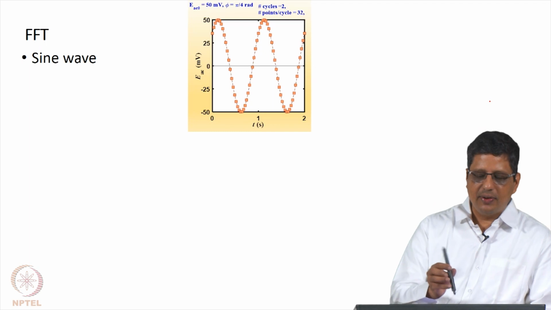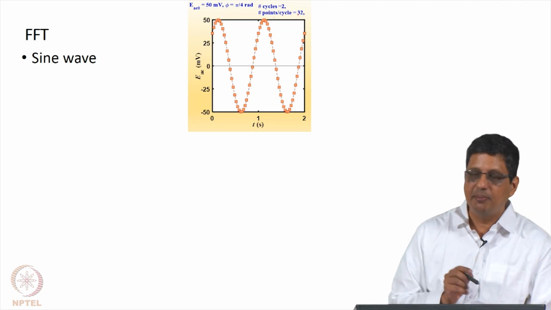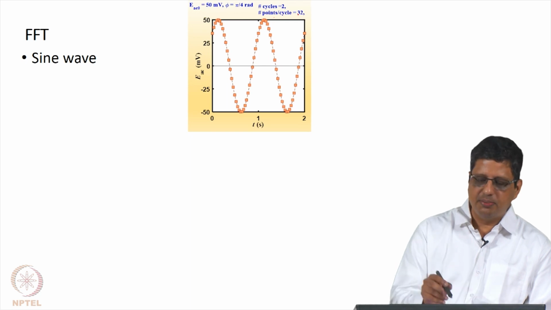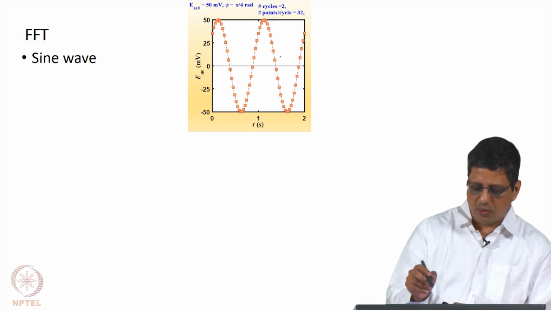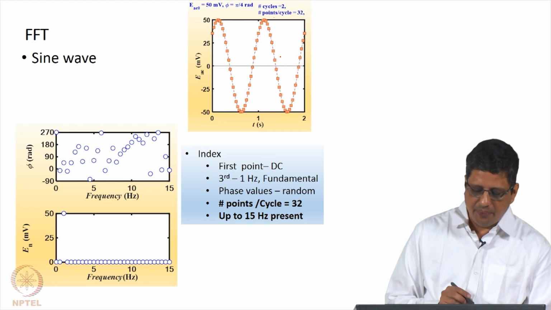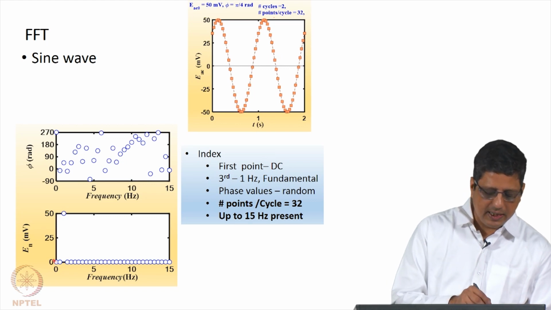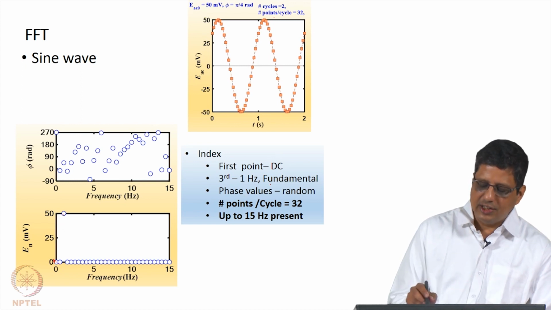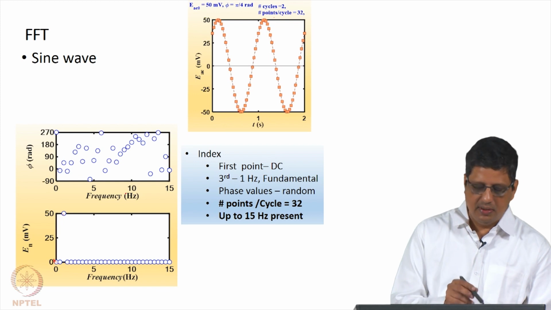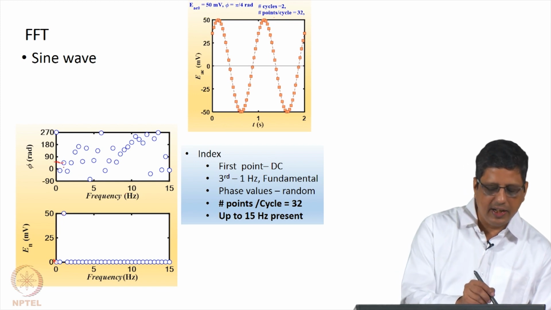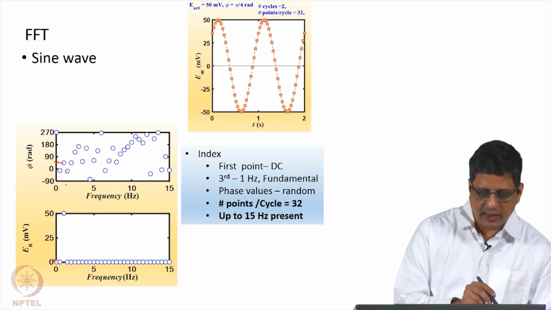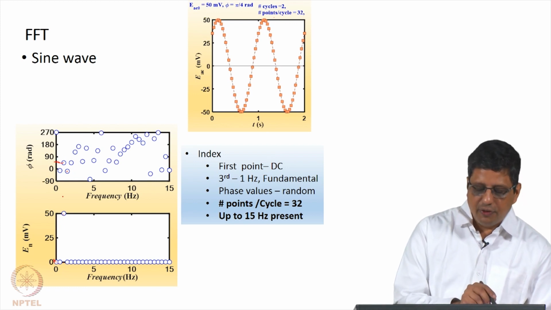Okay, now what I have done here is to increase the number of points, so the sampling frequency is higher. Now I have 32 points per cycle. You can see it is more crowded here. And if I do the FFT now, still the first point is DC, the second point is half hertz, 1 hertz is 50 millivolts, phase values are random for everything else, but at 1 hertz it is still 45 degrees. Is it 45 degrees? I had to check it, it does not seem to be correct here, I will check it and come back, but it will show you 45 degrees if you do it correctly.